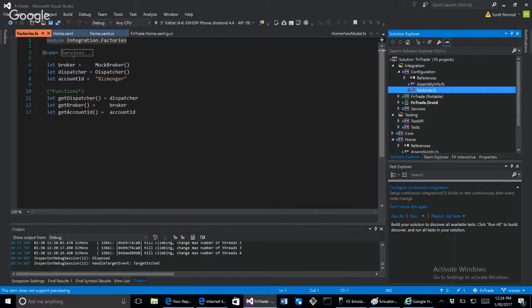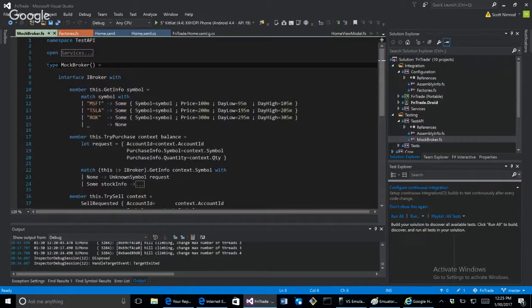But as of right now, I'm just going to get my app to run in isolation without thinking about all these details of web services. And so this factories module has a get dispatcher, which ultimately manages events such as navigation. Get broker is what I'm going to talk about, and also get account ID, which is an arbitrary ID to represent the user so that they can view their private information. This broker,